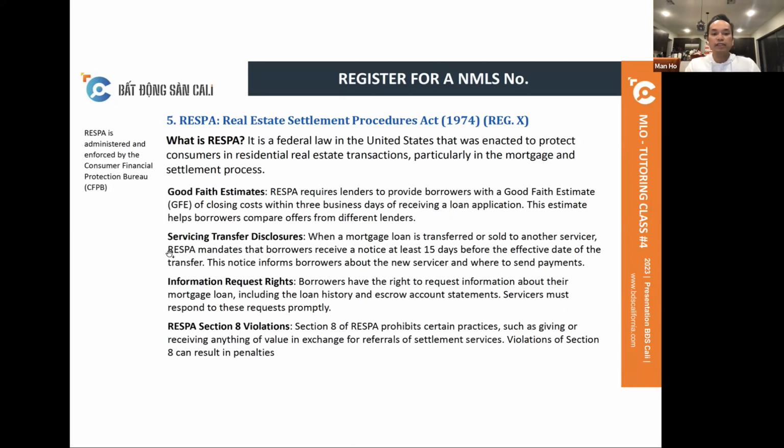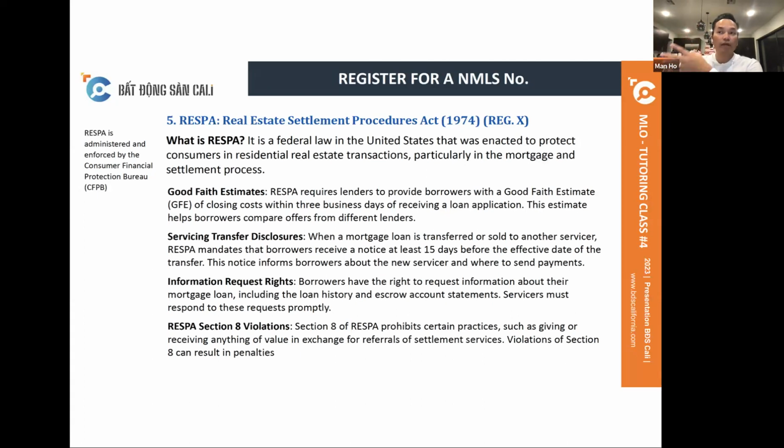Okay, servicing transfer disclosure. Sometimes the servicer or the lender decides to pass the loan product to a different servicer, right? Or they sell the loan product, right? Let's say Mr. A borrowed this loan, so it's a product, right? We talked about the mortgage-backed security, like 2 days before, right? So they sell that to an investor, or they sell that to